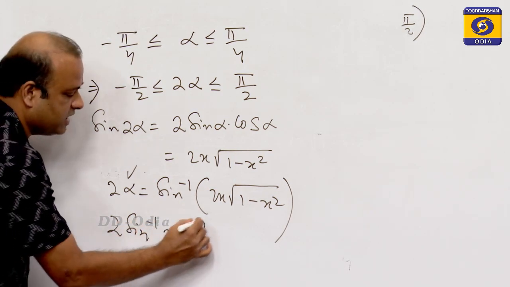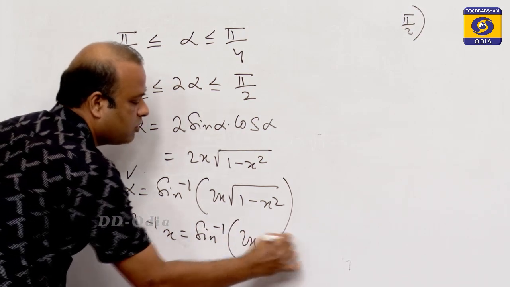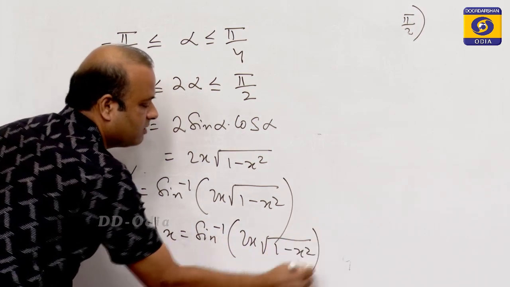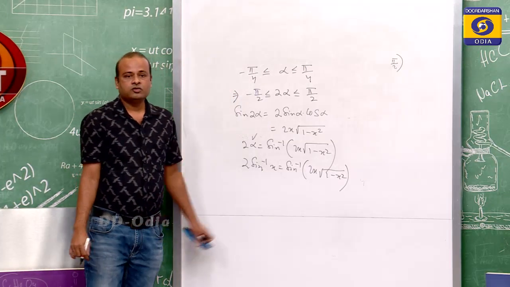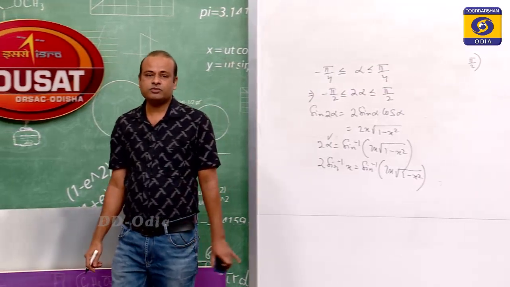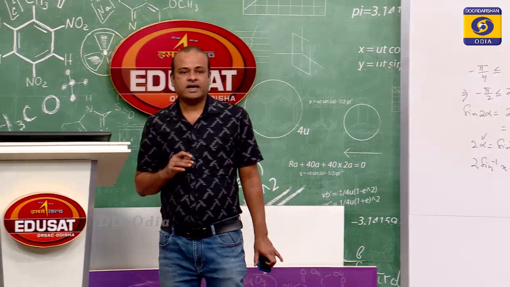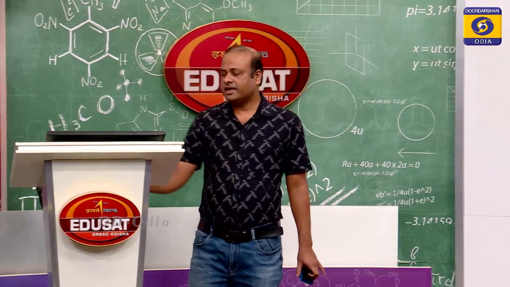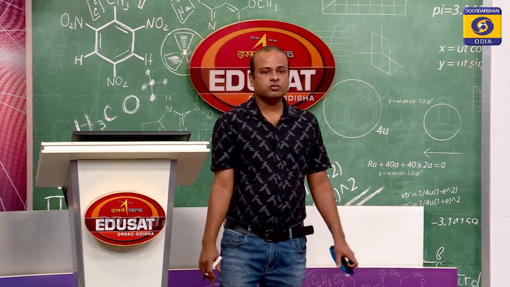So 2 sin inverse x is equal to sin inverse of 2x into root over of 1 minus x square. Right? So now the proof is over. So for the condition x lies between minus 1 by root 2 to plus 1 by root 2,